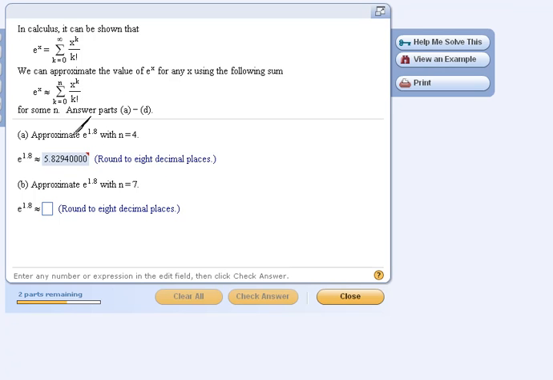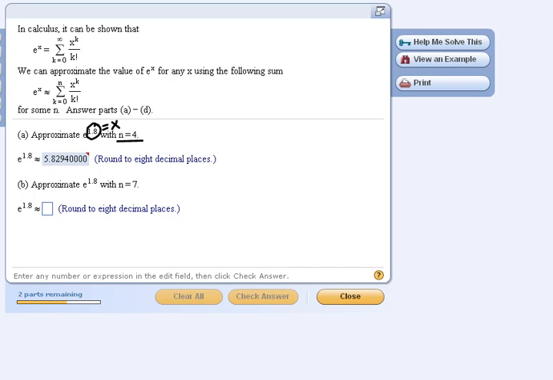Now, in this problem it says approximate e to the 1.8 with n equals 4. Now this e to the 1.8, that means that is your x value. So when we plug it into this formula, we're going to sum up all of these things where we take 1.8 to some exponent starting at 0 and then dividing by that exponent factorial. We're going to start at 0 and go up to some n value, which in this case